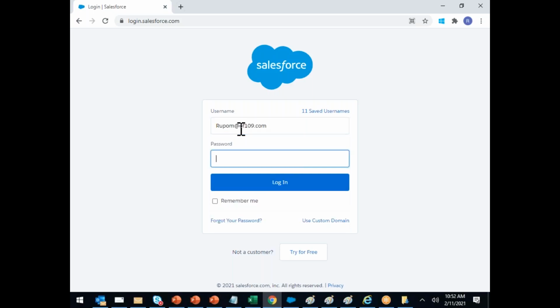Rupam@of109.com. By the way, your batch number is 109. Anytime you are contacting me with an email, which I'll be sharing with you, for any doubts or questions after the class, after going home, if you got a doubt or an error, you need to share it with me. You can do that by email. You have to mention your batch number, 109. Remember this, right? So the password is CRM1234#,